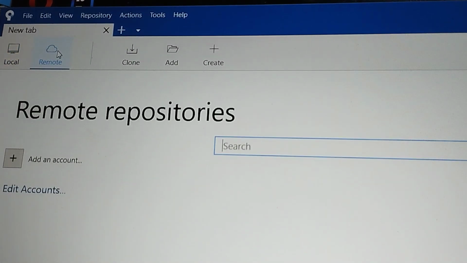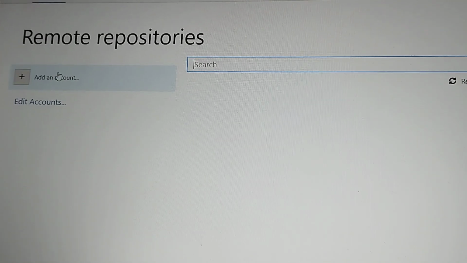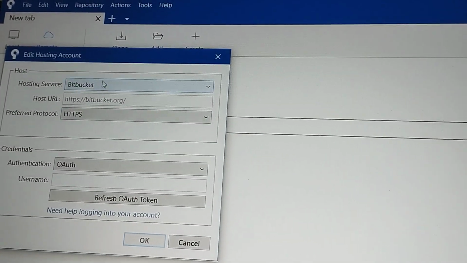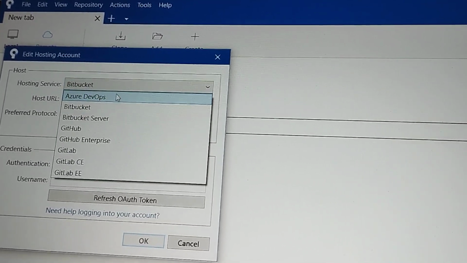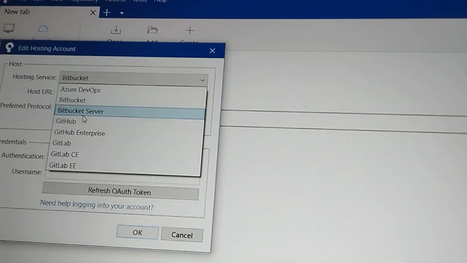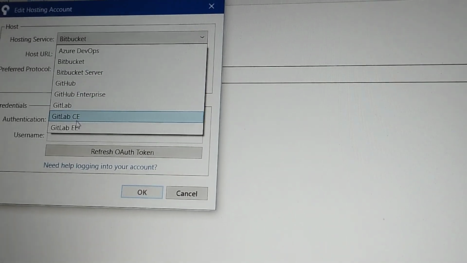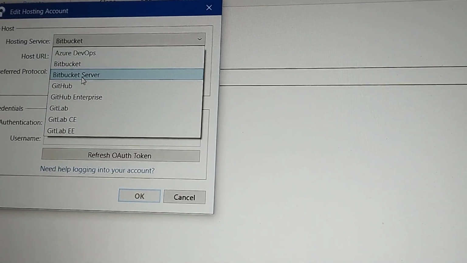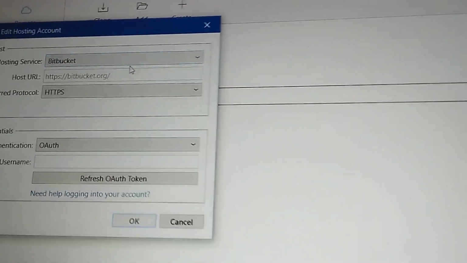And then in the remote tab, you can search here. You will need to add an account. For example, if you have a Bitbucket account, you can select Bitbucket, or if you have Azure DevOps or Bitbucket Server, GitHub Enterprise, GitLab, these are different accounts. So for example, if we have Bitbucket, you will select Bitbucket here, and then